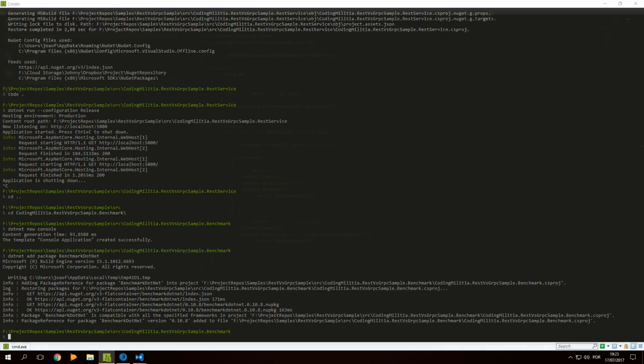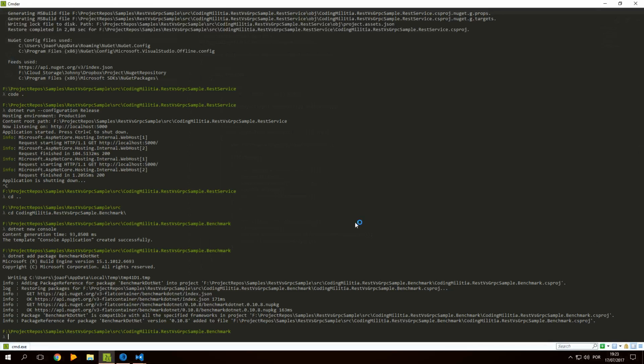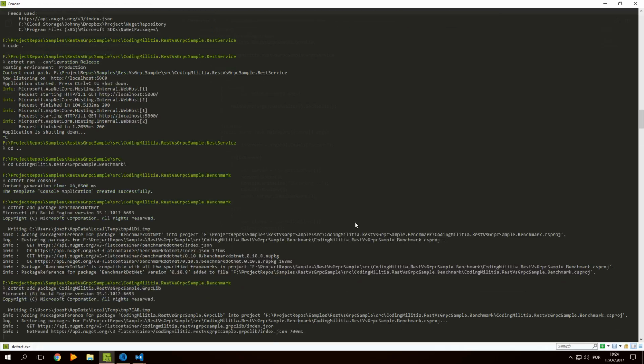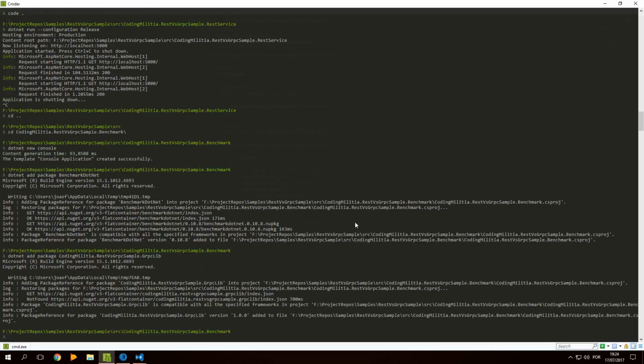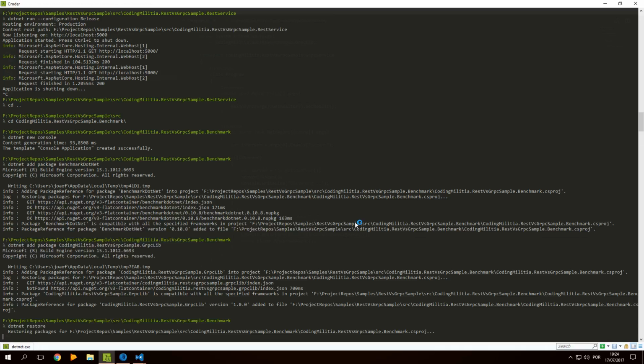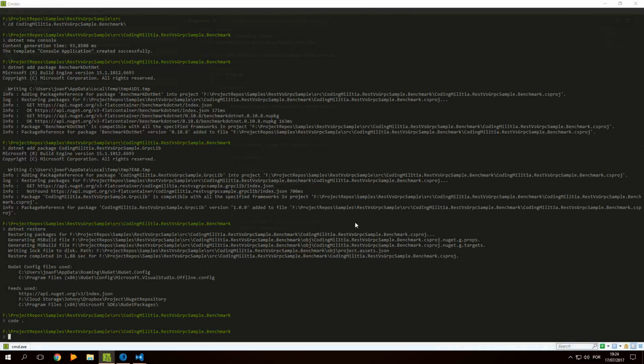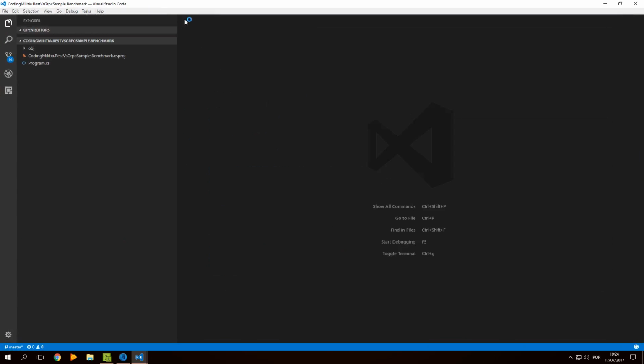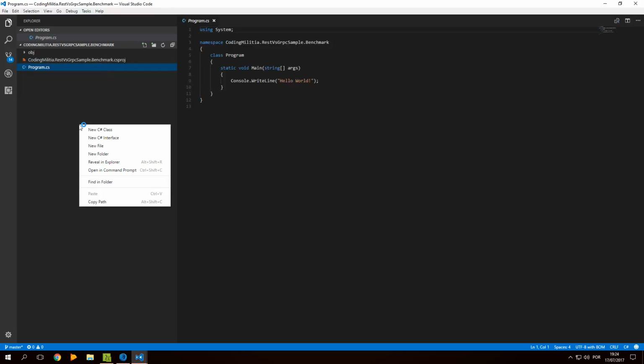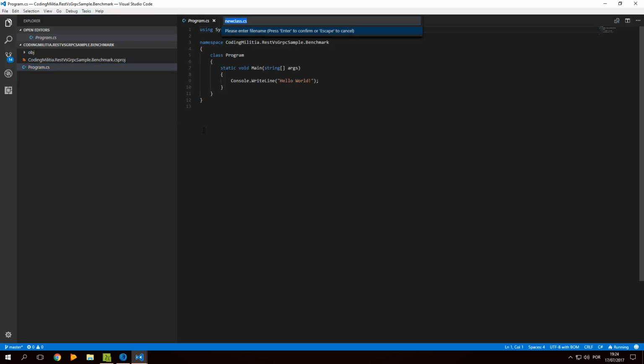Okay, it's done. Adding the gRPC lib package so we can use the hello client. Okay, it's done. Restore. And code. Okay, it went back to the other screen. Go figure. Okay, here's the program. I'll just create a new file here, just because, and I'll call it